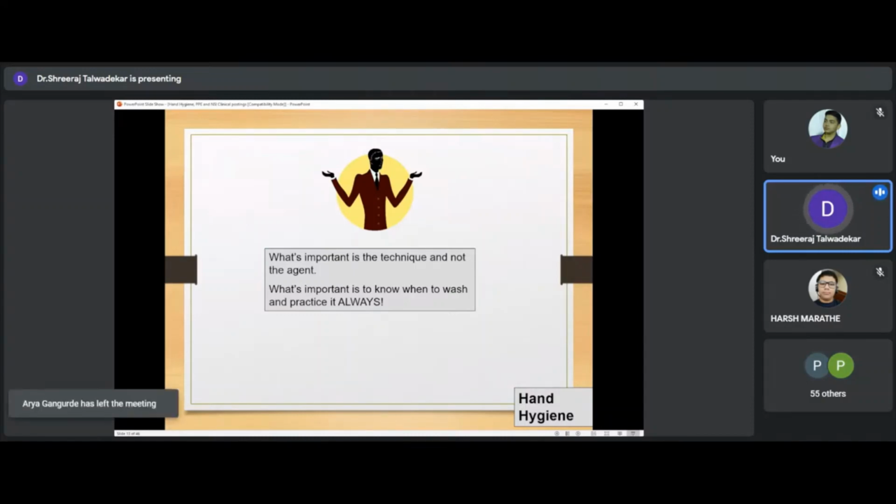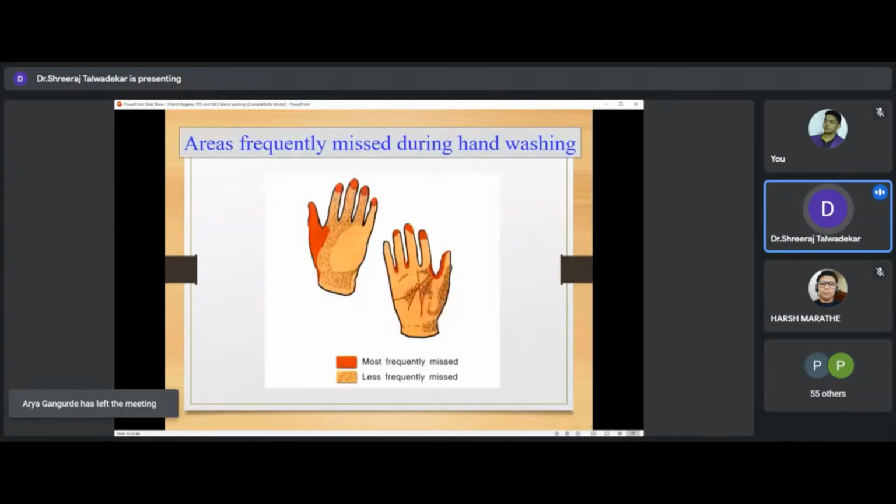How do we do hand wash? We just open the tap, we take the water, and we do like this. That is what you do in your day-to-day practice, right? Before having lunch or any meal, and after having a meal, we just open the tap and rinse with the water. And this is what happens. These are the parts of your hands which are frequently missed,